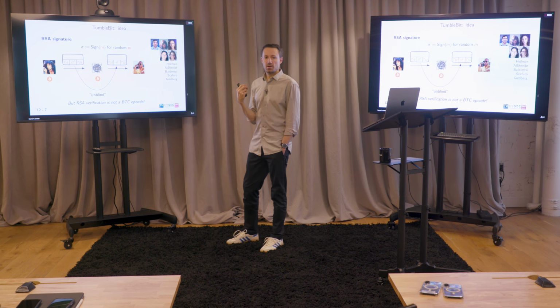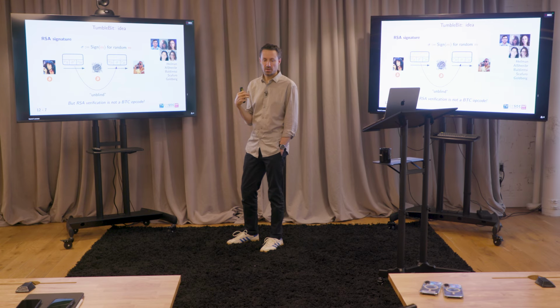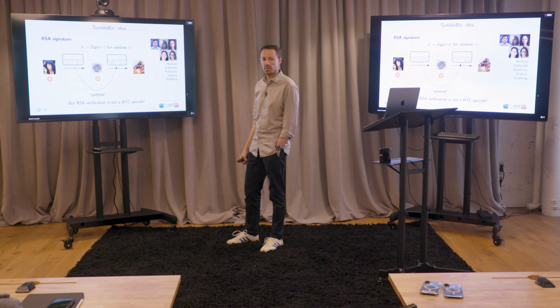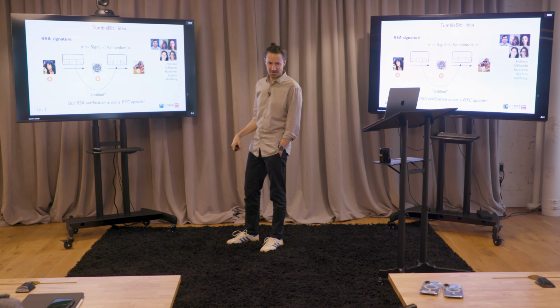She puts the blinded message there. Yes, exactly. What before was the hash value is now the blinded message. What before was the pre-image of the hash value is now an inverse of the RSA function, which is the blinded signature. Do you run into issues if Alice is malicious because you're not checking that it's the hash of message times some randomness? Think of it as Alice can't really do anything. If Alice is malicious, she just loses her money. Exactly. It's in her interest to put the correct thing in there.